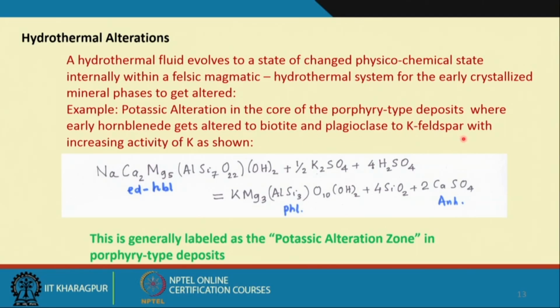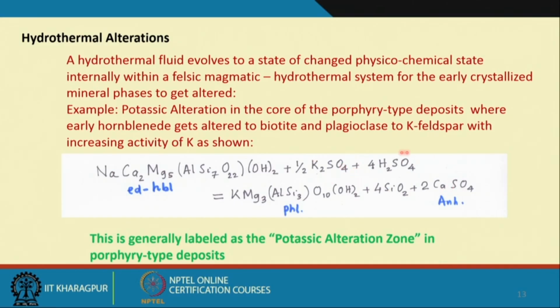Plagioclase to potash feldspar can be written by a very simple reaction of addition of potash: albite plus potash giving rise to potash feldspar plus soda. So, it is very much controlled by the concentration ratios of these two important elements, sodium and potassium, or we can even write such reactions for calcium. Hypothetically, this is an edenitic hornblende, which is acted upon by the potash-rich fluid, which is there in the core of the evolution of the hydrothermal fluid,